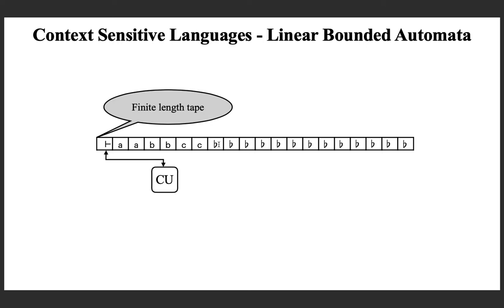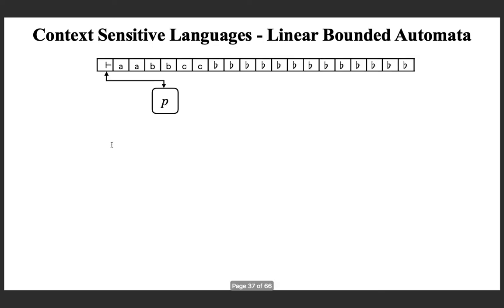So this is a linear bounded automaton, and unlike in the case of finite state automata and push down automata, here it is a read write head. You can see both way arrows. So it's a read write head. You can read or write. You can say that okay, I am reading the left hand marker, then I can say that you replace this with something else.